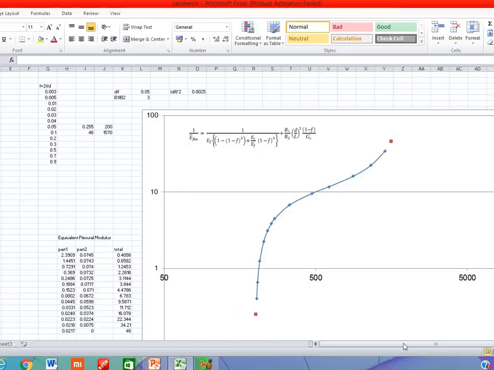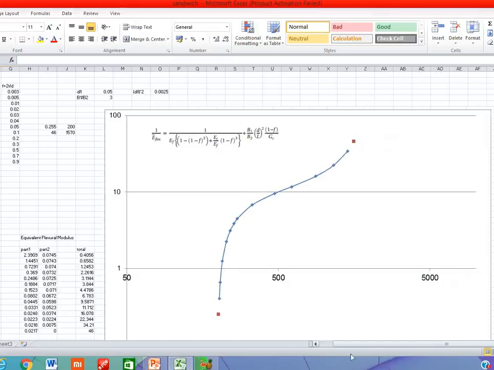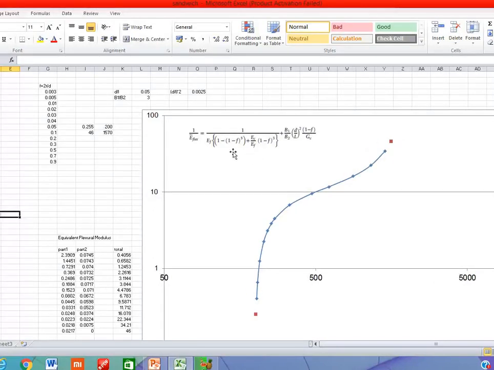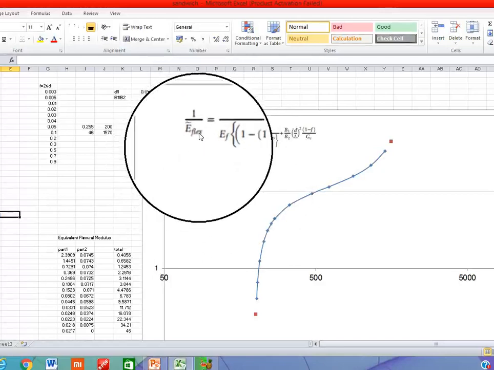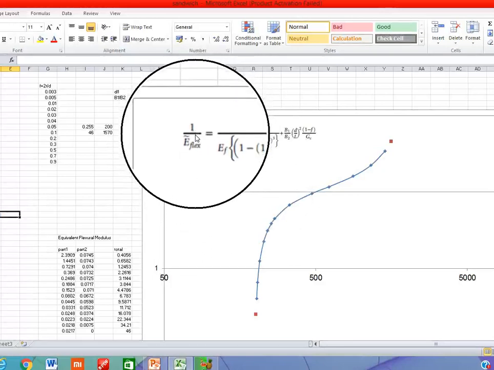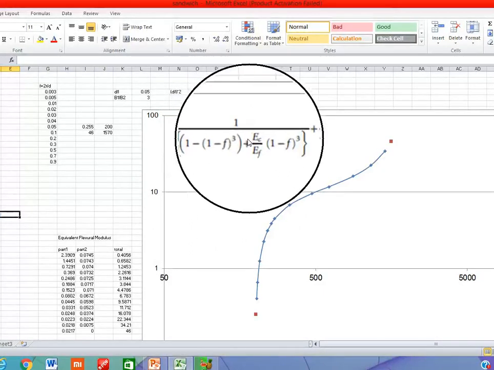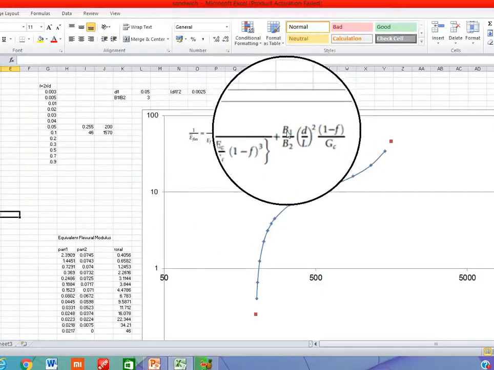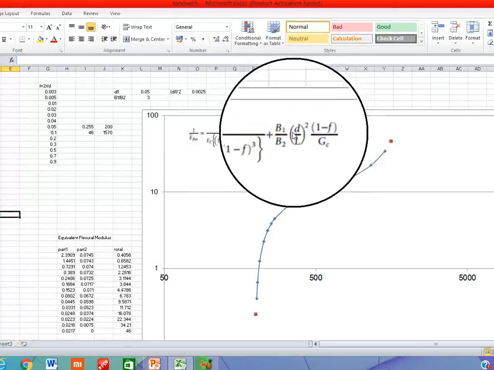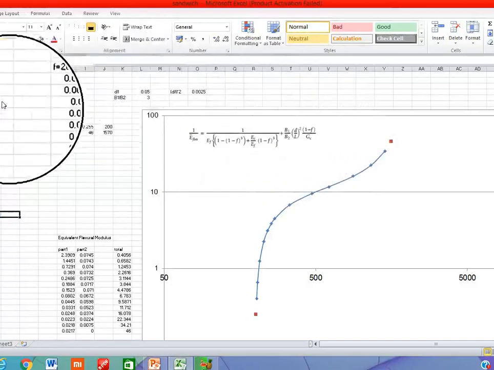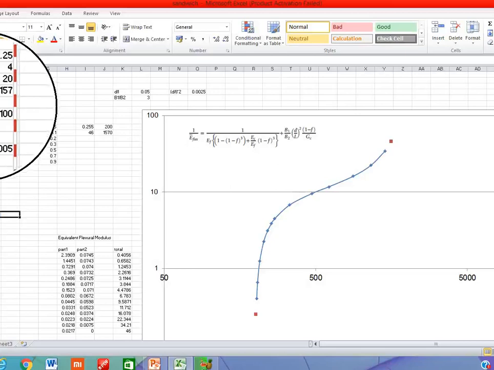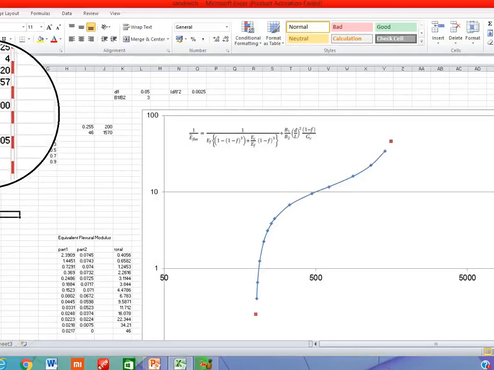So this is an Excel sheet which is available with us, in which we are able to plot this expression, that is the equivalent flexural modulus of the sandwich structure, in terms of its F value, B1, B2, and the material properties of the face and the core. We have written here the Excel code for this, in which we are just giving the values